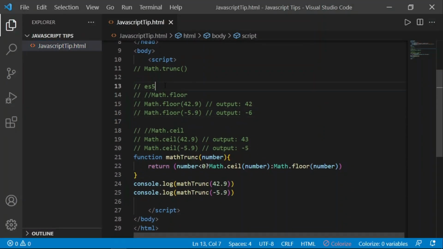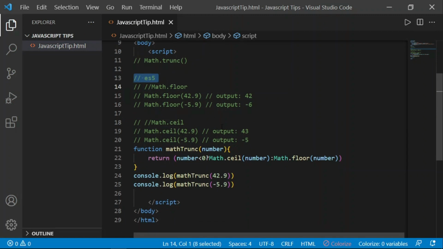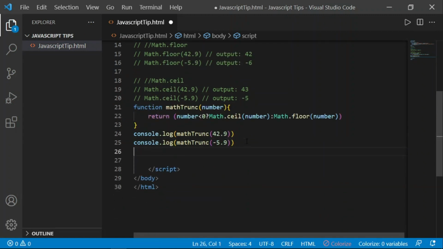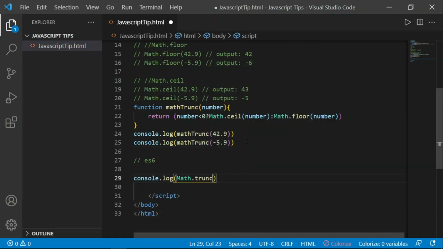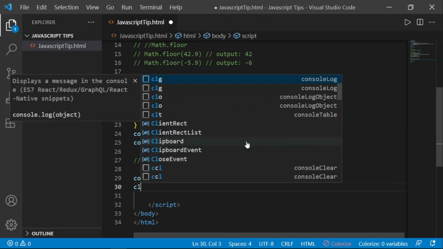As I just want to get the integer part of a fractional decimal, even if it is a positive or negative number, the trunc function is introduced in the Math object in JavaScript in ES6. So you don't have to define Math.ceil or Math.floor. Instead, you just have to pass a number to Math.trunc and it returns only the integer part of the number.